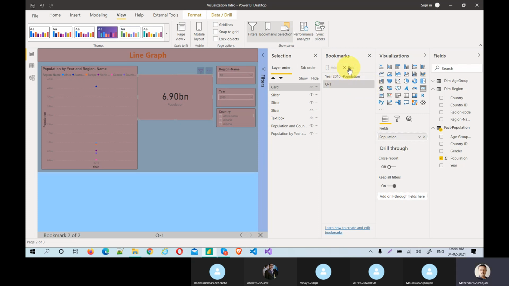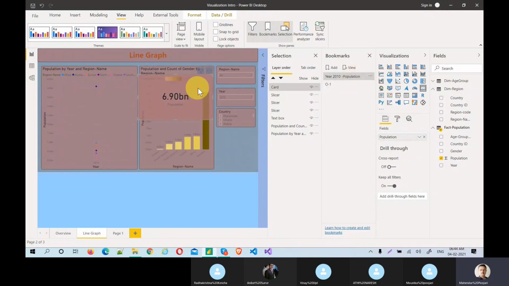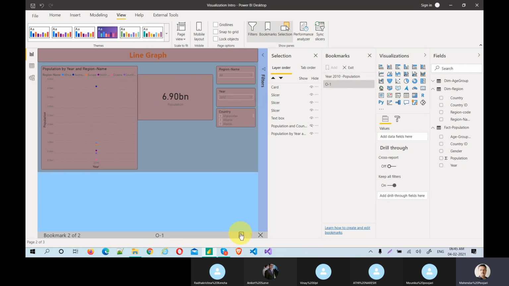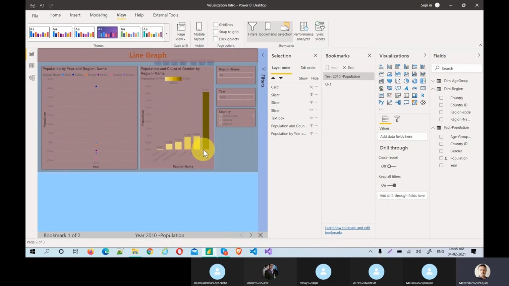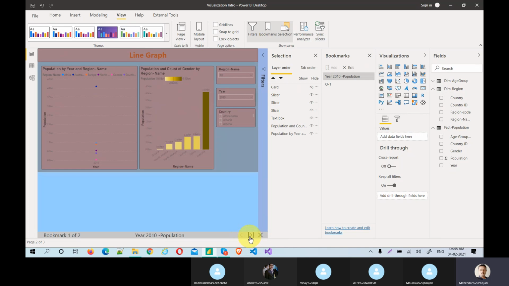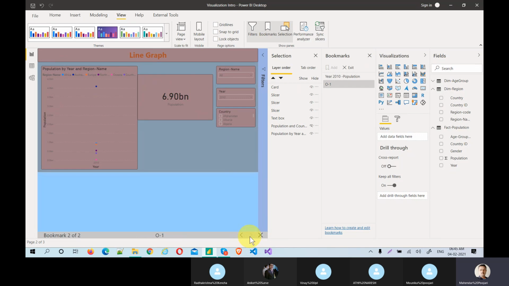We need to exit first. We are in the view, so in the view you cannot update this, but when you go here, actually I can hide this because this is making a duplicate visual. So now see, okay, update this. Now go to view. Now you see, if you go here, this will be another. You think that this visual itself is changing, but actually that is a different scenario. Understand? This is one of the most important scenarios.